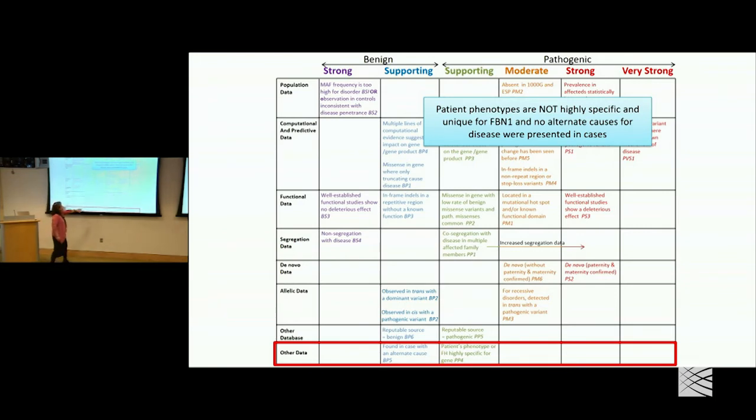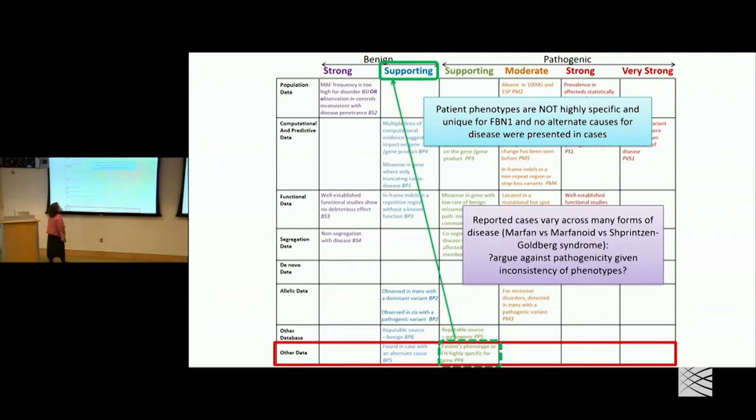In this case, we largely don't let you use it more than supporting, but for some expert panels where there is this incredibly strong correlation, they may raise it to moderate or something like that. Also, if the variant is found in a patient where you've identified a different cause of disease, that's evidence towards non-pathogenic. So in this particular FBN1 case,